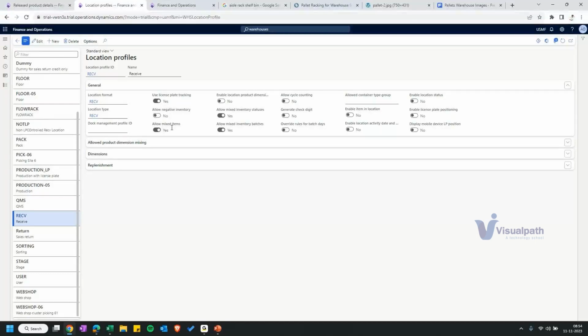Okay, and whether cycle counting is allowed, and for barcodes whether we need the check digit, which we enable. Also whether the system should keep track of location activities, like when an item was last picked from this location. All those we can set, and we can enable license plate positioning. So license plate positioning is,